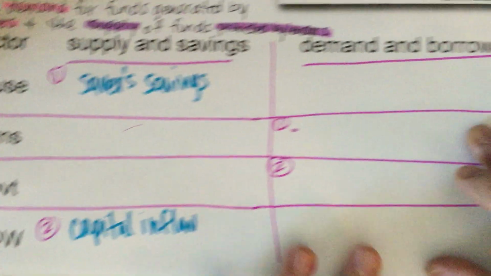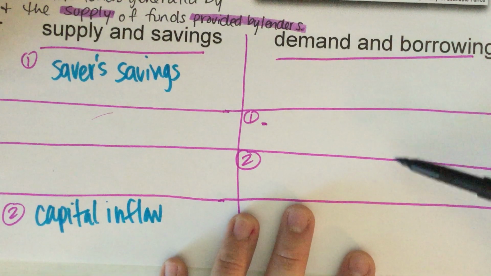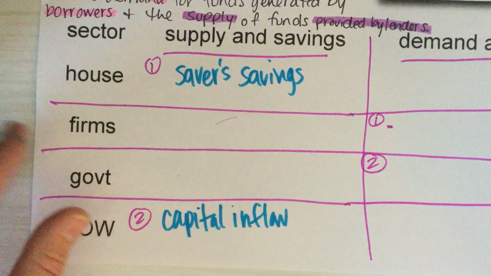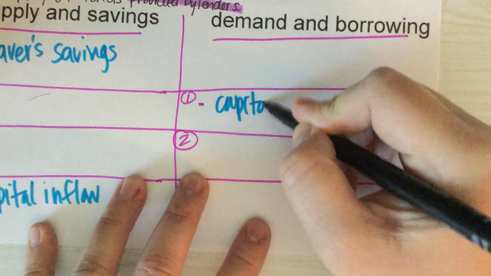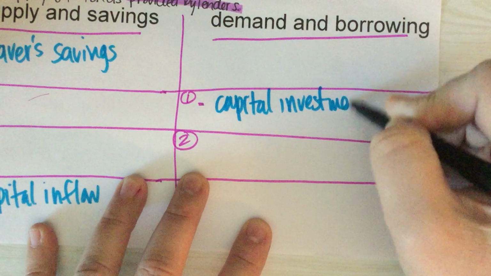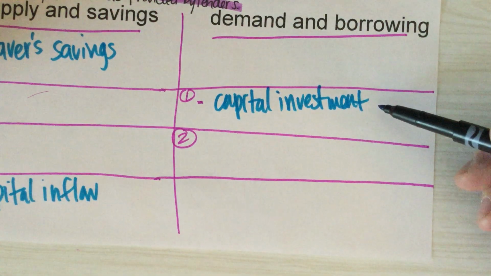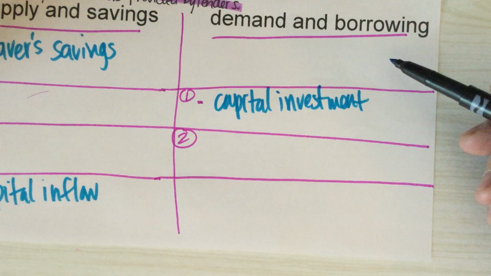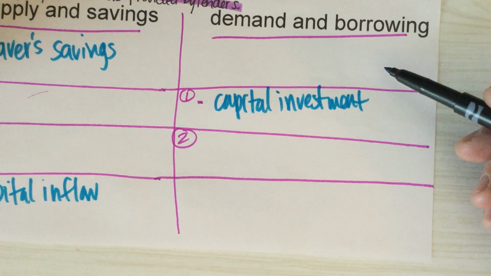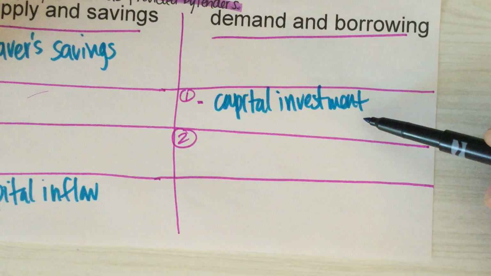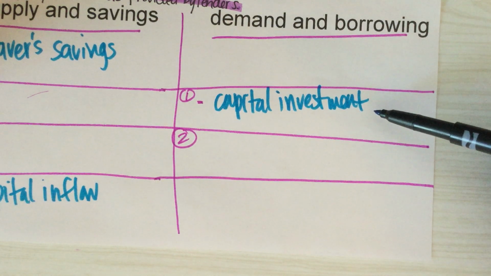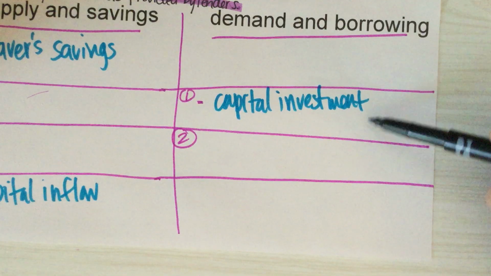The 2 sectors of the economy that demand and borrow loanable funds right here, if you can't really see that, are firms and businesses. Remember, businesses, this is capital investment. So if any investment is happening in our economy, demand is going to go up and shift to the right. If we are in a bad economic situation, then we're not going to demand as much loanable funds because nobody's going to want to borrow money at higher interest rates or during a bad economic time. And so that's basically it.